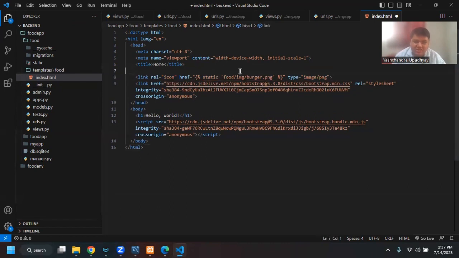Make sure that you are loading the static just above it, so that on the next line you are using the static, and once you have loaded the static, that is enough. You don't have to load it a second time. Okay, so I will say this, and then I will say load